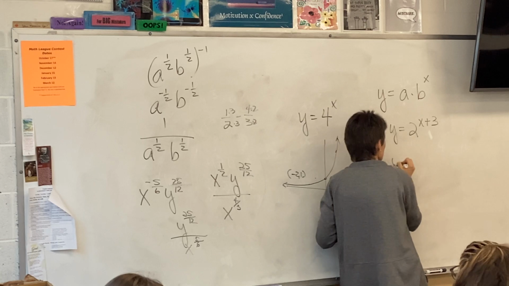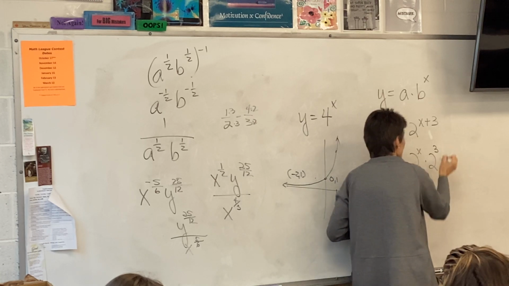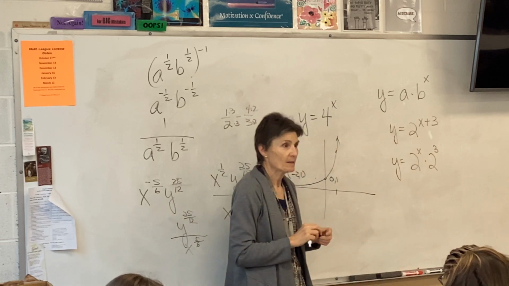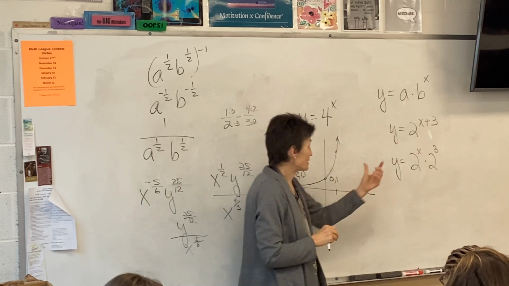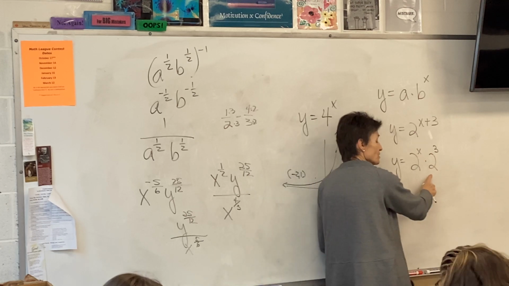Would you agree that this is the same as 2 to the x times 2 to the third? Think about that. Yeah, because don't we add these exponents? And of course, 2 to the third is just,